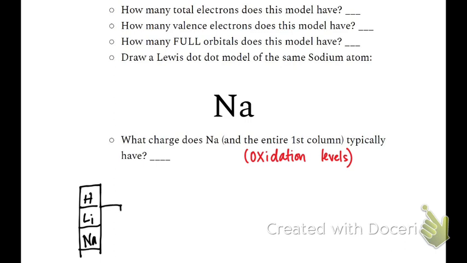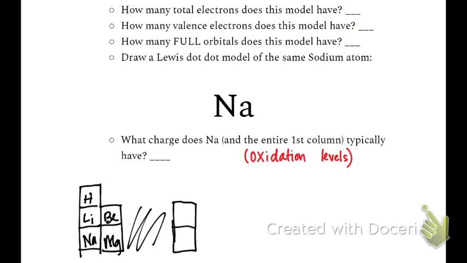Then we have our second row, beryllium, magnesium. If you just want to write this on your actual chart, you can. And then we had our break in here. Then we come over here to boron, just a B, and aluminum,